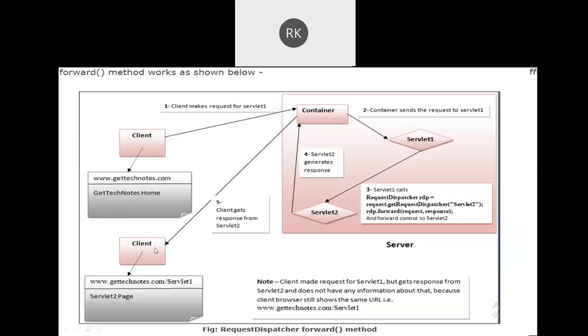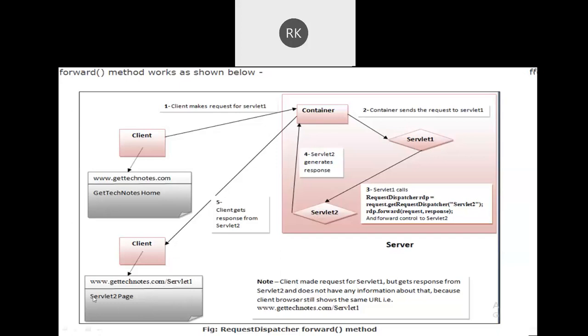So from servlet 1, the request will reach servlet 2. The output will be generated by servlet 2, and the client will get a response from servlet 2. Although the client made the request for servlet 1, the response it gets is from servlet 2. This is the forward method.